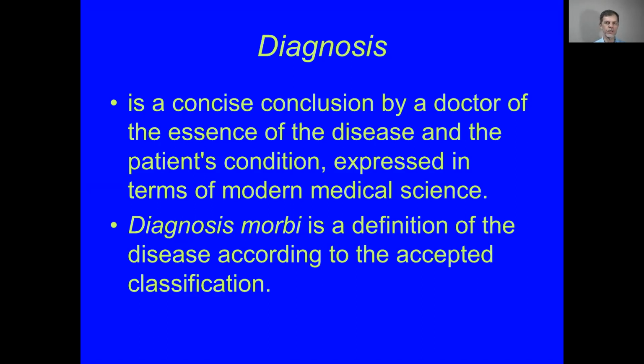How many disorders or diseases do we know? There is a special classification, the International Classification of Diseases. Now we use the 10th edition. In this international classification of diseases, we have about 20,000 disorders, an enormous amount. Even the names of the disorders fill two big books. Of course, no one can learn by heart all 20,000 disorders.